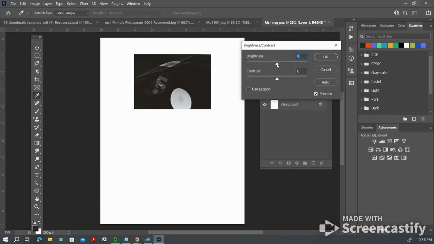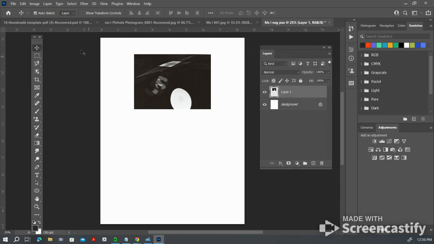So if I want to make my image a little bit brighter, I could, or if I needed to make it darker, I could, or if I needed to add a little bit more contrast, going for a more black and white and less gray, then I would bump my contrast up. So it depends on what you want to have as your final result. So I'm going to say, okay, I kind of like my contrast, and I do have some grays here, and